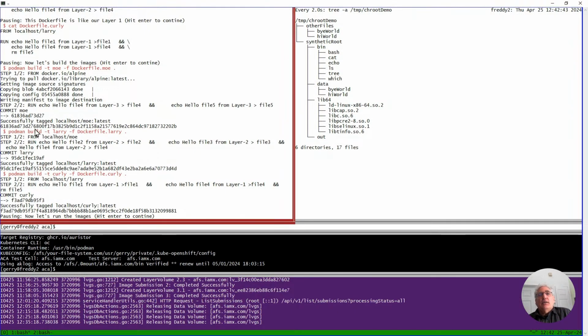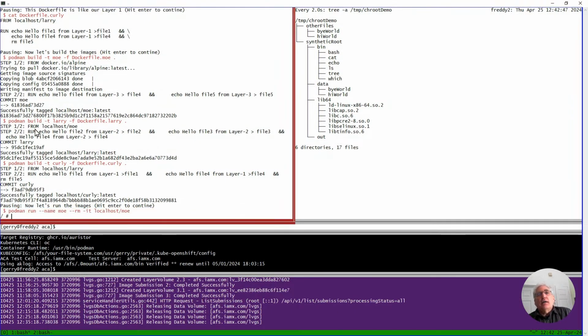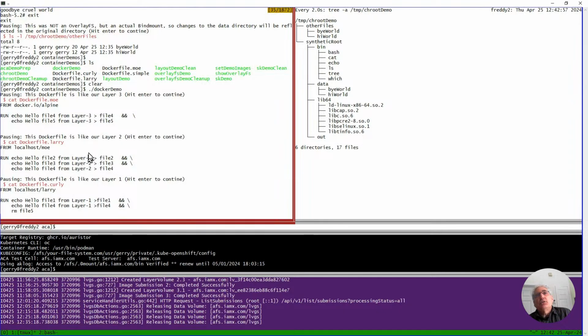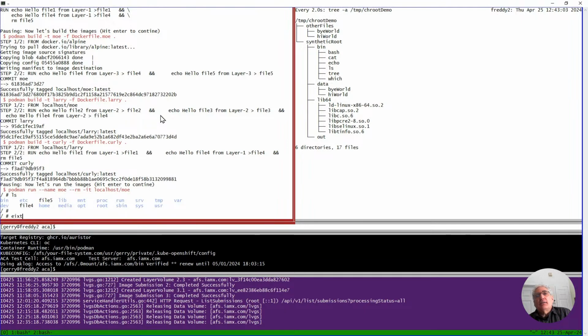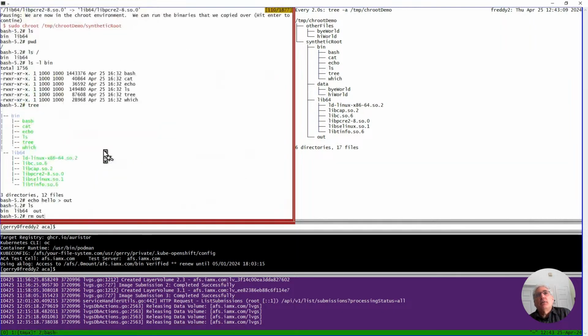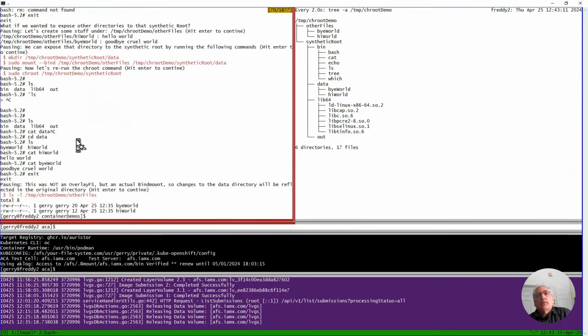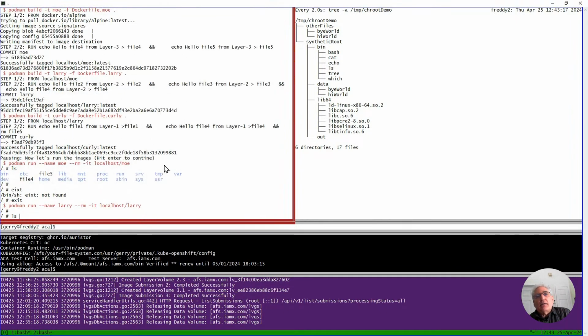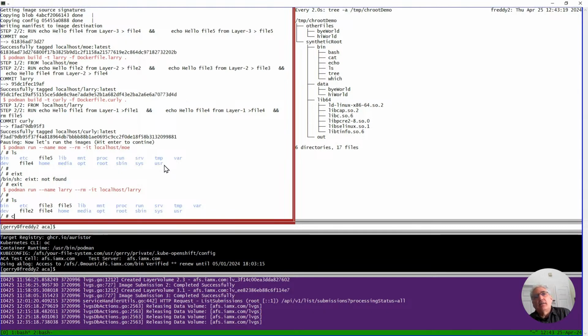So I just did that. Great. Now let's run the images. So I'm going to say podman, which is named docker, run Mo. And I go and look, there's layer 4 and layer 5. Remember, Mo had just file 4 and file 5. Right? Now let's look at Larry. And again, Larry extended upon Mo and created a few more files. And there they are. And if I look at the contents of layer 5, file 5 is there.